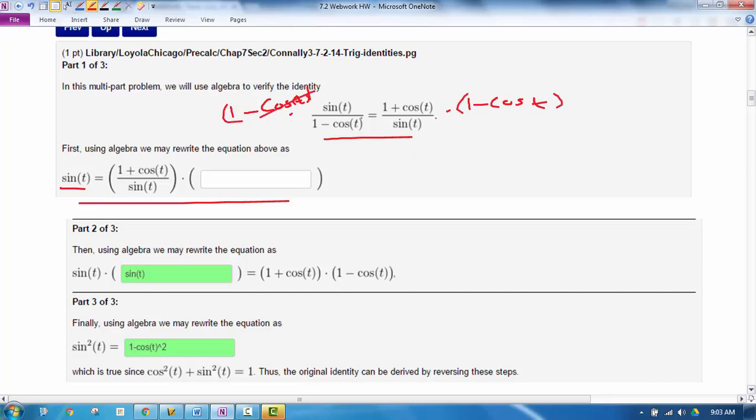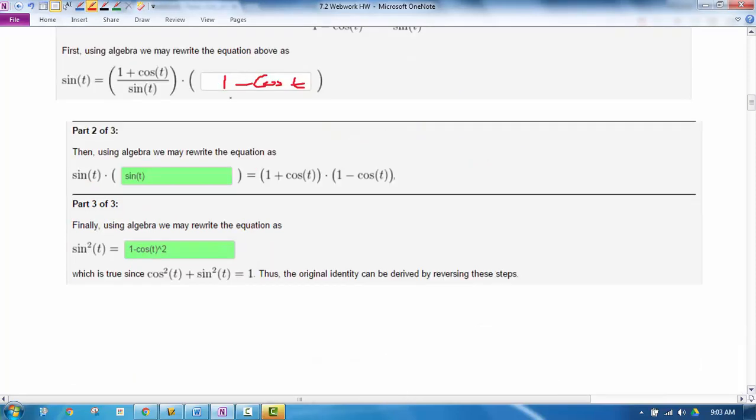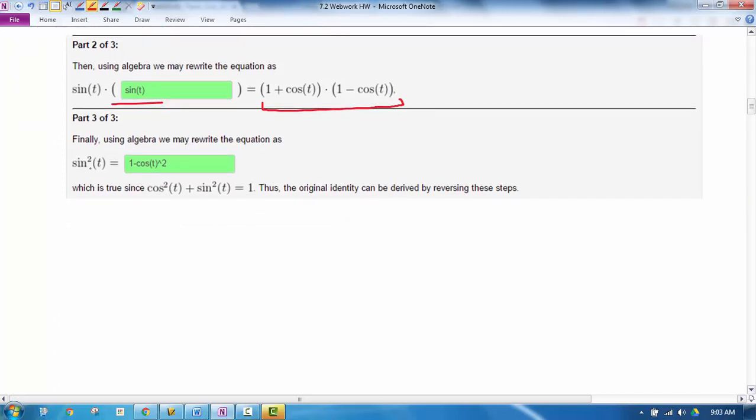And that way this would cancel. And so on the right, this right here has to equal this right here. So you have to write 1 minus cosine of t right there. Now for the next step, if you compare this right here on the right side of the equation to what was on the right side of the equation, you'll notice the sine's missing. So we have to multiply both sides by the sine in order to cancel it, in which case that's what we do here. And then the last part, if you look at the left side is sine squared,